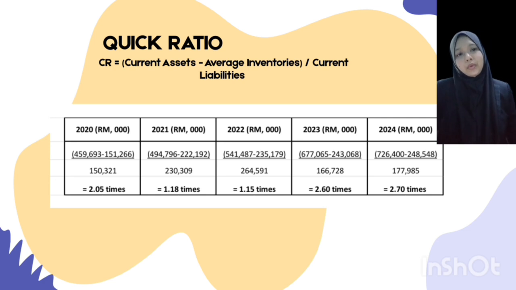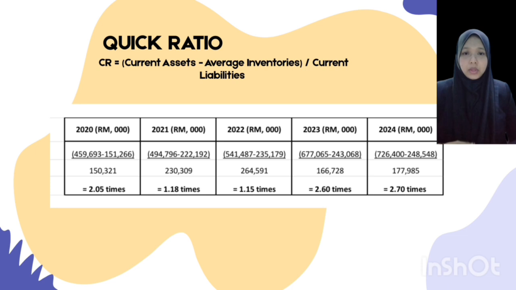Now, let's move to the quick ratio. In 2020, the quick ratio was 2.05 times. In 2021, Duo Pharma's quick assets decreased while liabilities increased, causing the ratio to drop sharply to 1.18 times. In 2022, quick assets recovered slightly, but since liabilities kept rising, the ratio held nearly flat at